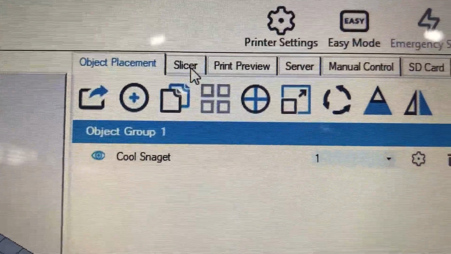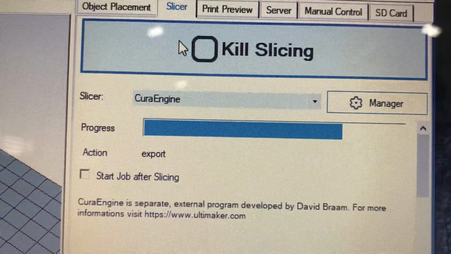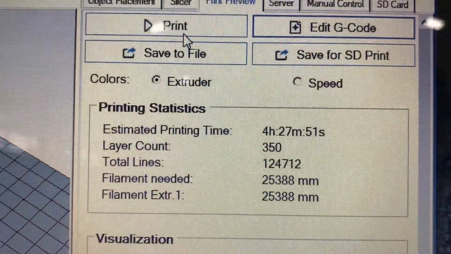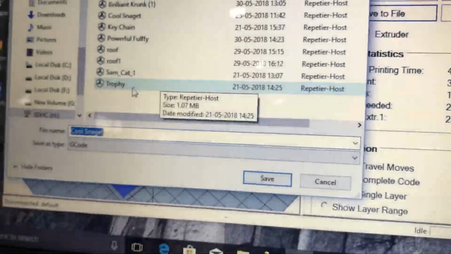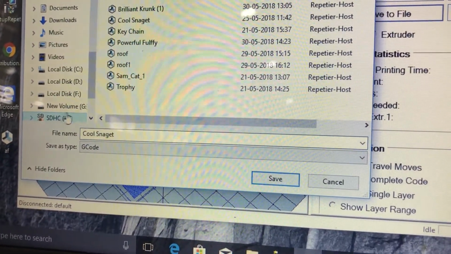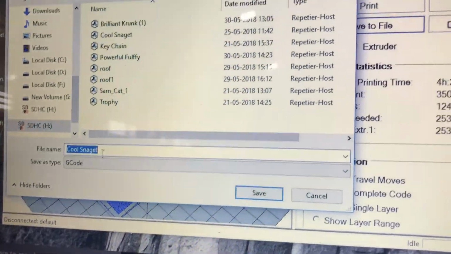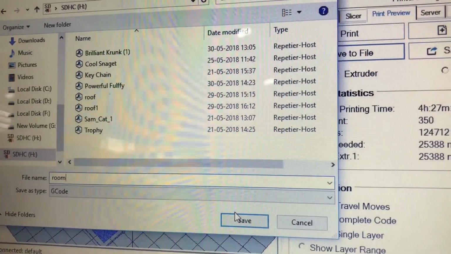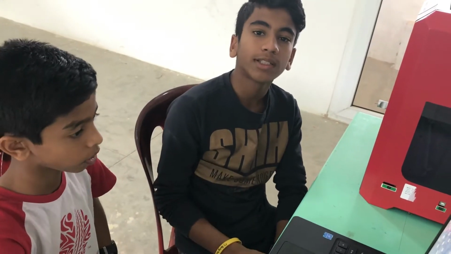Now slice it with Cura engine. Save the file. Now our object is ready to print.